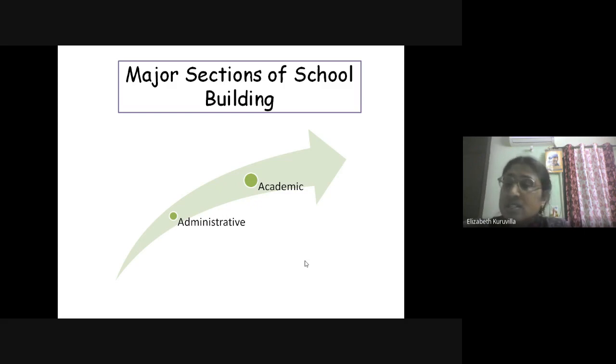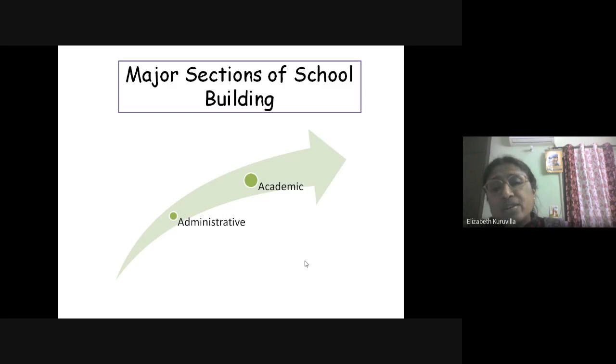Now I request any one of you to state the sections of your school building, whether the division is under academic and administrative or in a different way. Kavuki, can you tell whether it is the same way, academic and administrative, or whether there is any other classification?